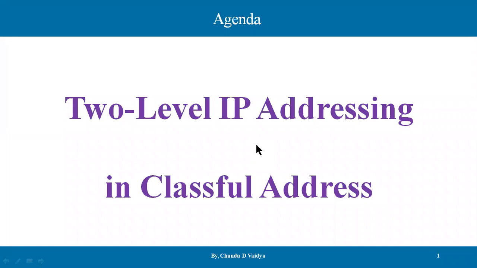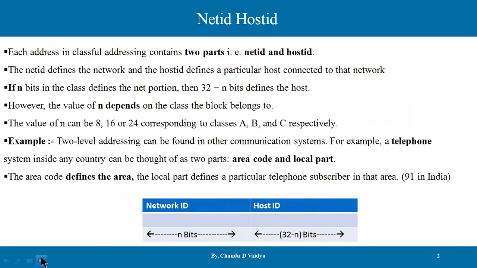Now, today we are going to discuss two-level IP addressing, and this two-level IP addressing is of what? IP version 4, and specifically it is one in the classful addressing. Before this video, we have discussed the classful addressing details: what the range is, how many classes there are, and how the classes are identified on the basis of the value. After that discussion, we have to discuss this particular concept, two-level IP addressing. In two-level IP addressing, there are two concepts. The very first is the net ID, and the second is the host ID.